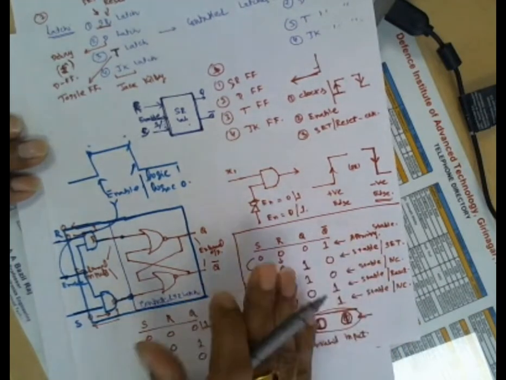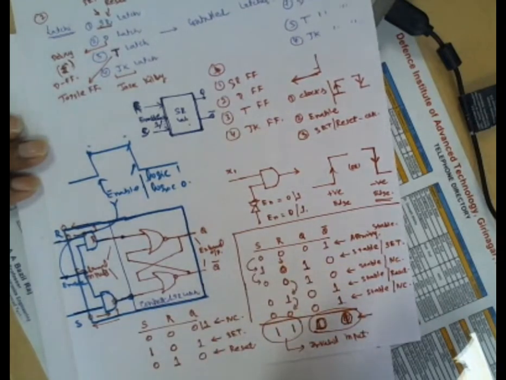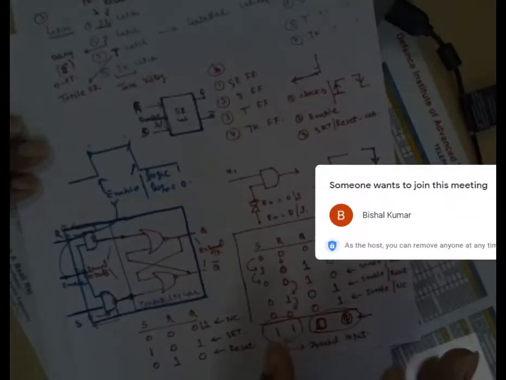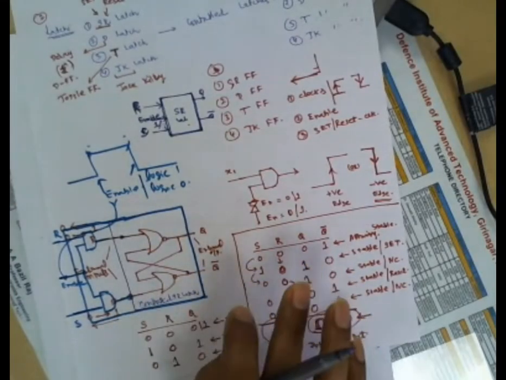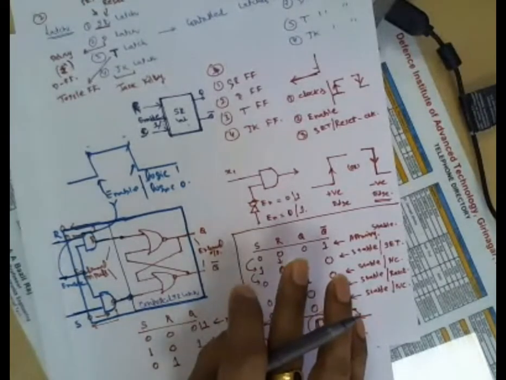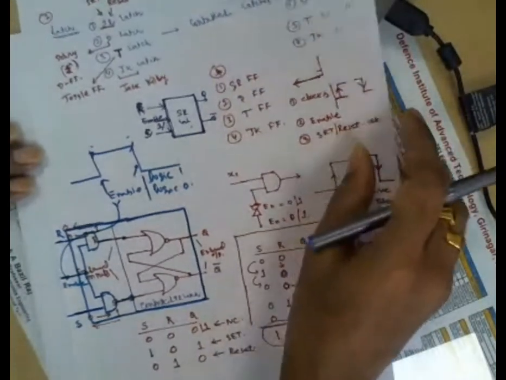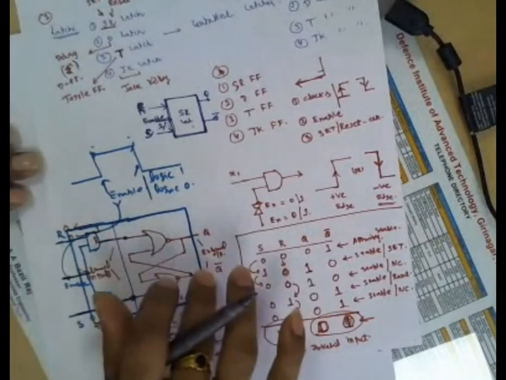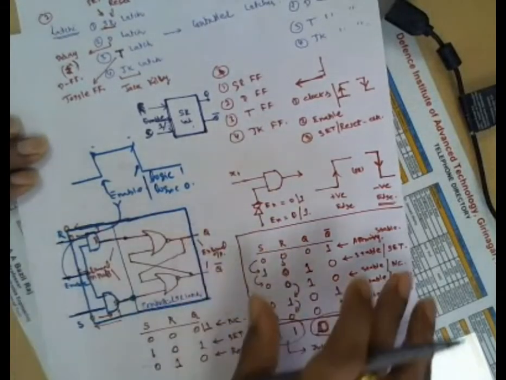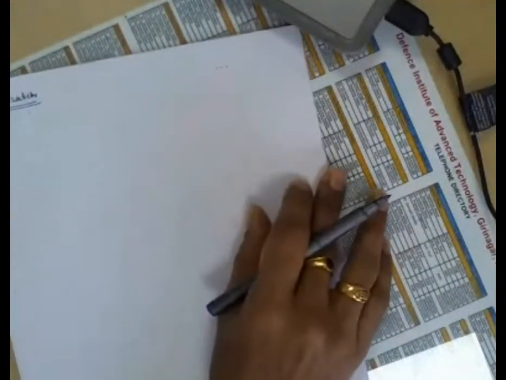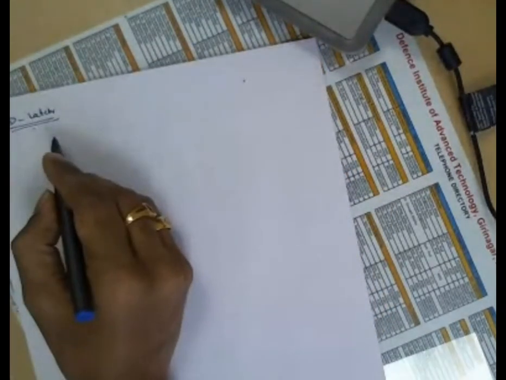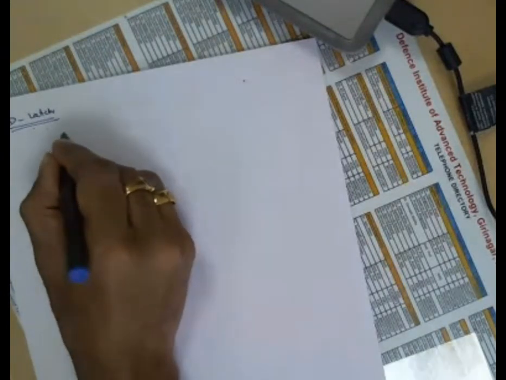In the same way, there are different characteristic equations for all the latches. So one needs to choose the required flip-flop to meet their application. Either SR will meet it, or JK, or T, or D. That is up to the designer. So there are many ways. If you Google it, you will find it, or you can refer to some textbooks. There are several methods to construct the SR latch, and in the same way, all the latches and all the flip-flops. There are no constraints for designing. D latch: we will slightly modify the same SR latch with control.